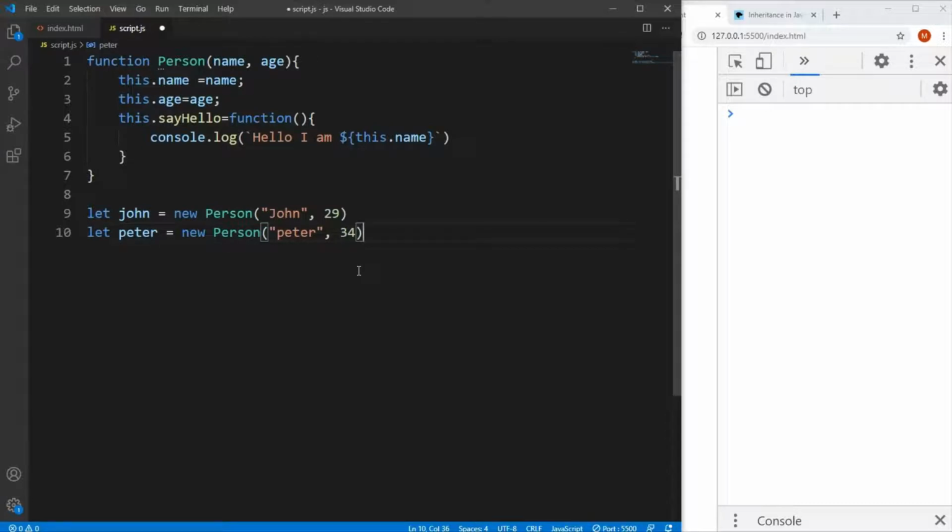The answer would be that in the constructor function we can use the inheritance, but in the factory function we cannot use the inheritance. So let's say for example we have another constructor function, athlete. So let's say function athlete, and it will take name, age, and also sport. We will say if we do not use the inheritance, we would say this.name